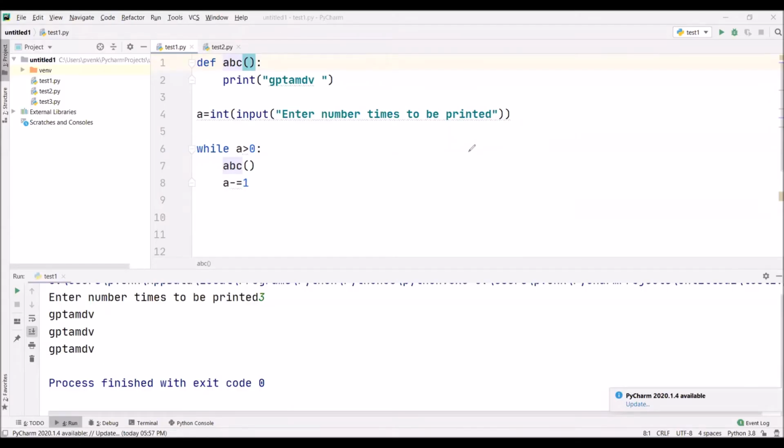Now we are discussing functions in Python. What is a function? When we call a function, it performs a particular task. There are different types of functions we have already seen in Python. When we are using print, it is an inbuilt function. When we call print, it will perform a particular task of printing the string that is given in double quotes or single quotes.